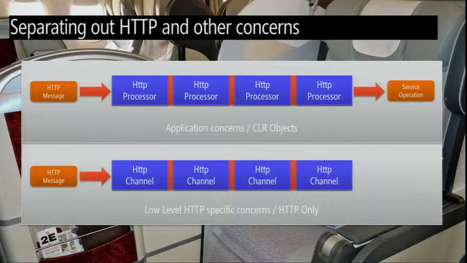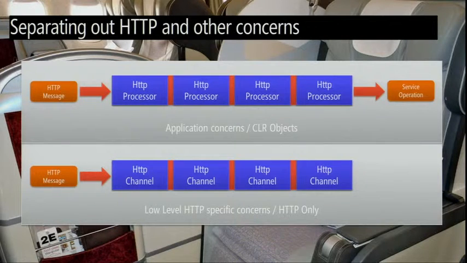Then there are a bunch of low-level HTTP-specific concerns, like handling OAuth. For those kinds of things, we're introducing this low-level HTTP channel stack. We're changing the name because WCF already has a channel stack, so don't think that this is that. This actually plugs in at our existing channel stack, and it gives you a lightweight way to just handle messages. The difference is that the bottom model is a Russian doll model, where one calls the other, and it goes all the way down and then all the way back up. The top model is more of a pipeline, where we have a request pipeline and a response pipeline.